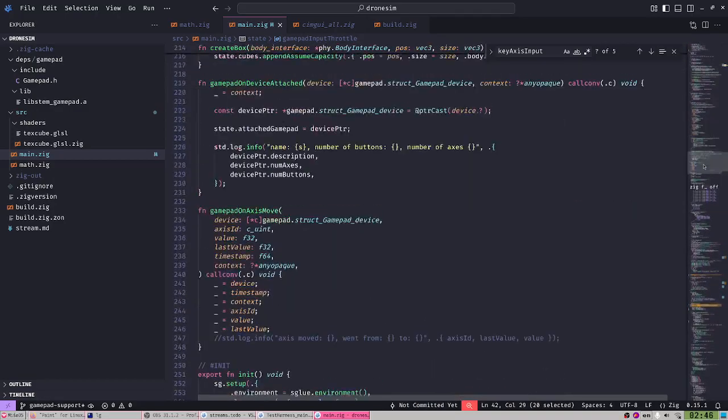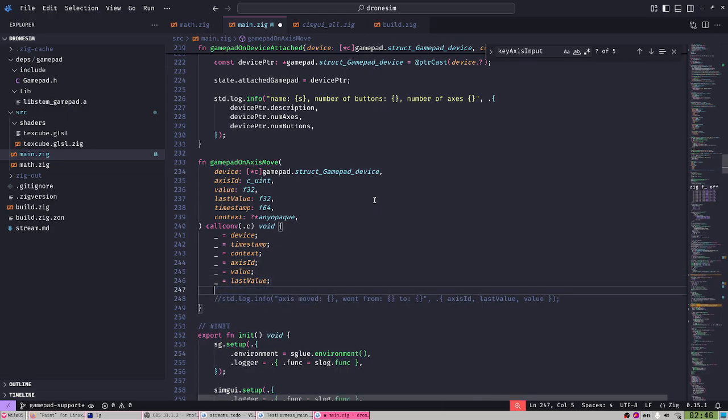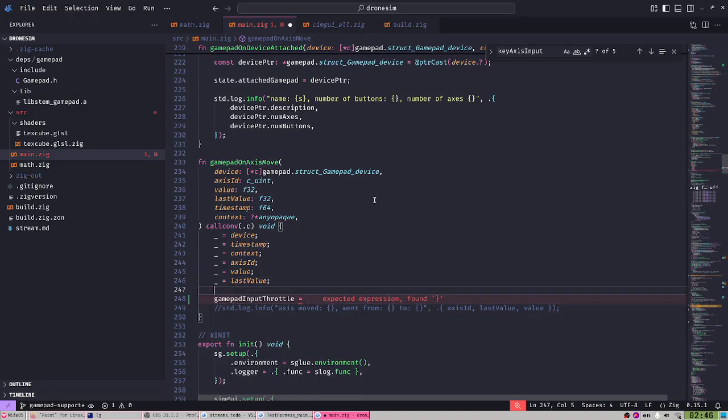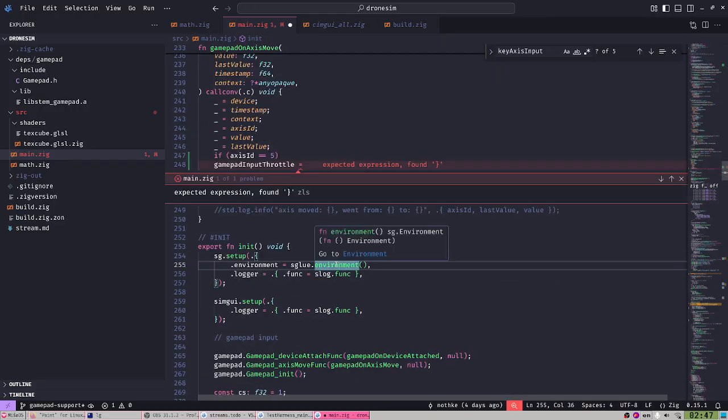And so when I actually have this axis move, I have to check if axis ID is 5, right? I think so. Then I'm gonna set the gamepad input throttle